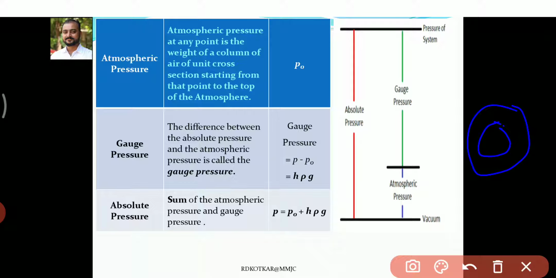Okay, initially no extra air is filled inside it. At that time, what you observe is that the pressure present outside and the pressure present inside are both the same, which means there is no excess air inside it. If you put a pin here, at that time no air will rush out.